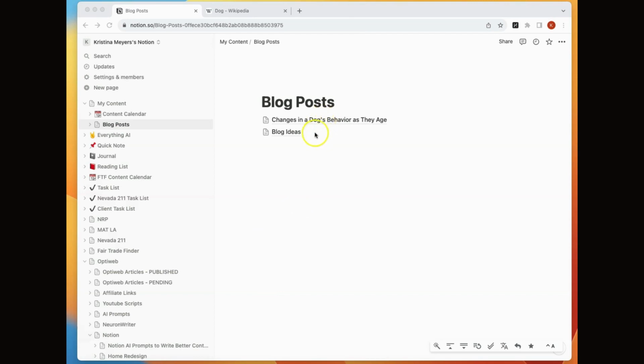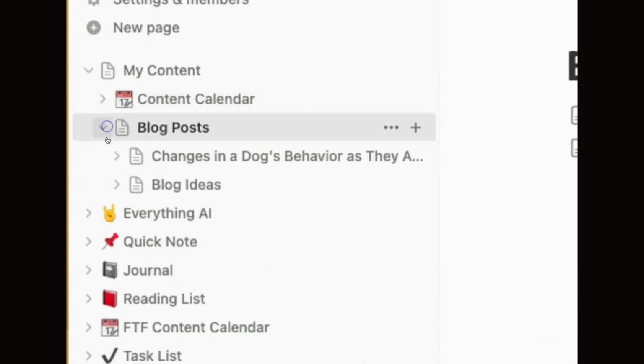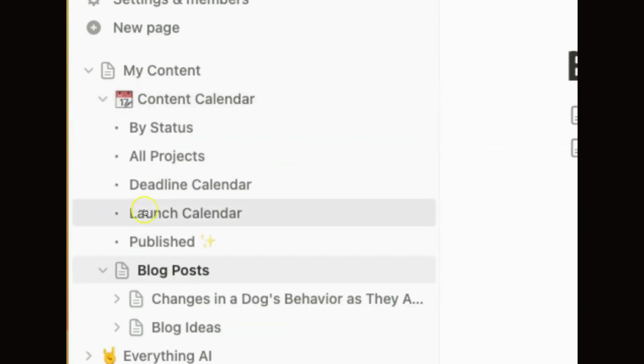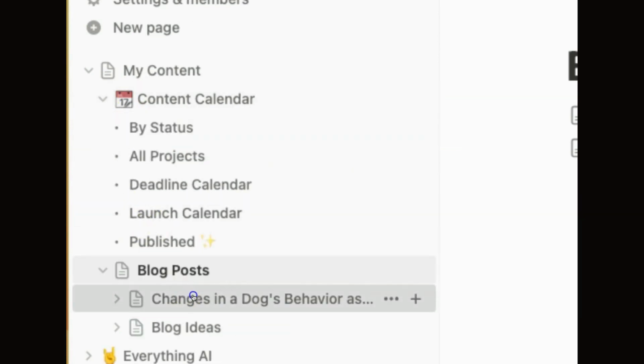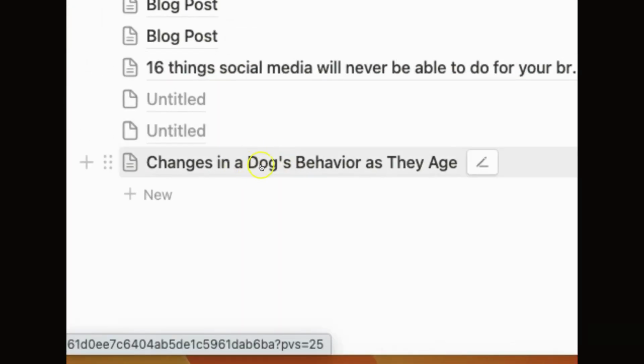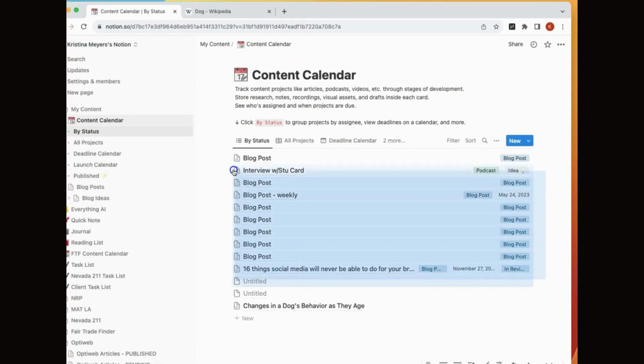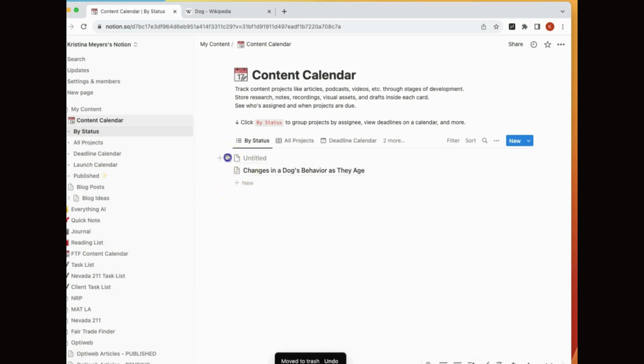Okay, so once you have your blog in a state that you basically want to get it ready on your content calendar, what you do is you go to the left side of your Notion left navigation and open your blog post folder and open the content calendar, and you can drag the post that's ready into your calendar. And then if you click into the calendar, you'll see here's this post that we want to schedule. If you're using one of their pre-made calendars versus a blank one, you can just delete all the stuff that's already in there so that it's only showing your stuff. So now we see, okay, here is my blog post,